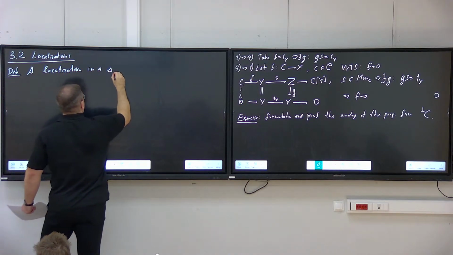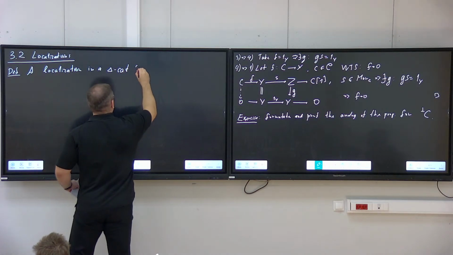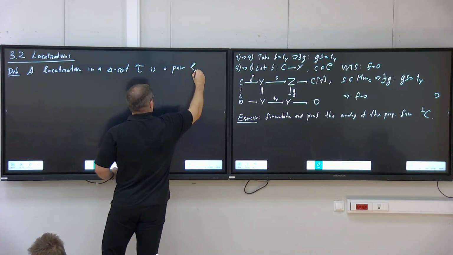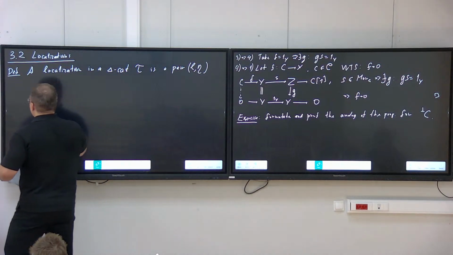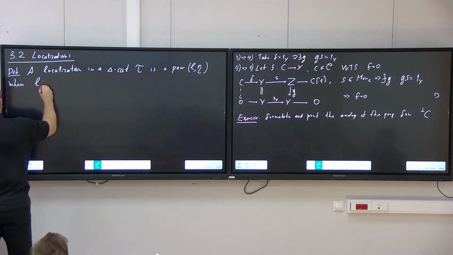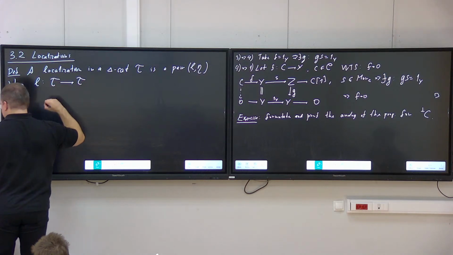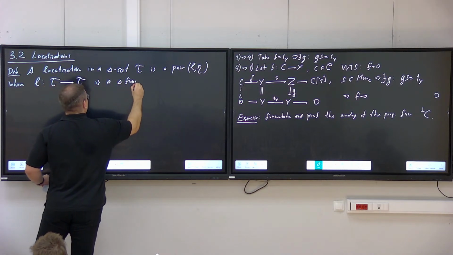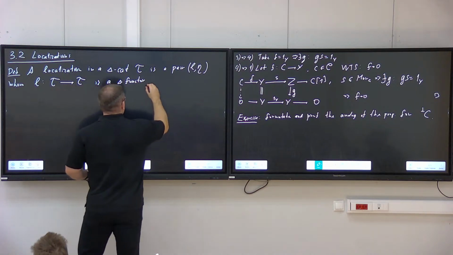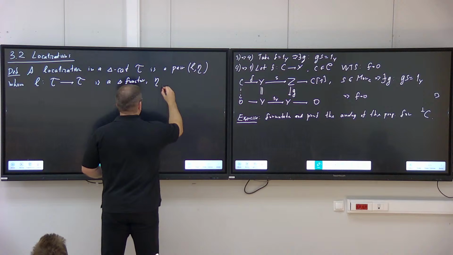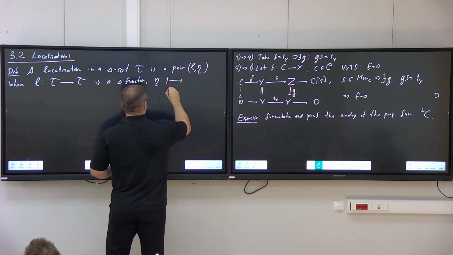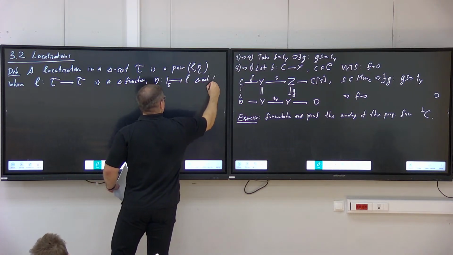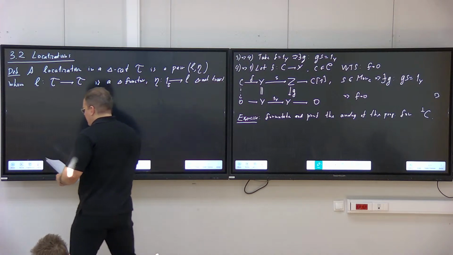A localization in a triangulated category, say T, is a pair L and eta, where L is a triangulated functor, and eta is a trinatural transformation from the identity functor of the category T to the functor L. So this is a trinatural transformation, such that